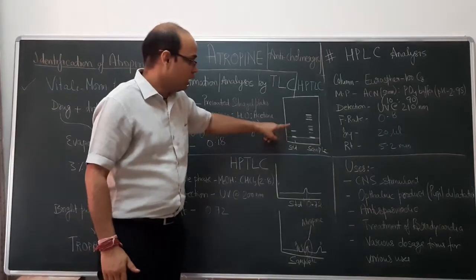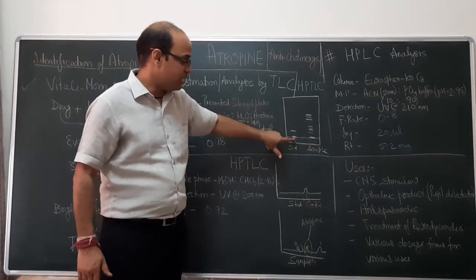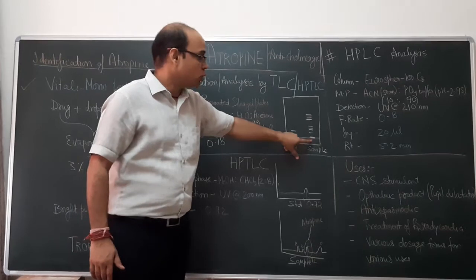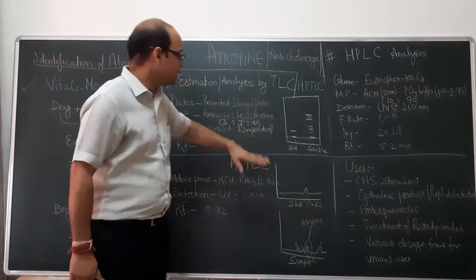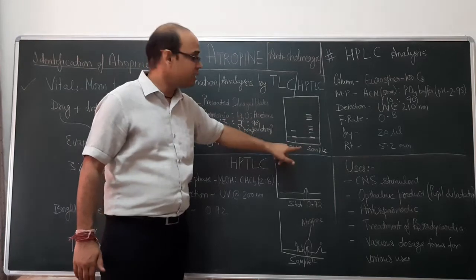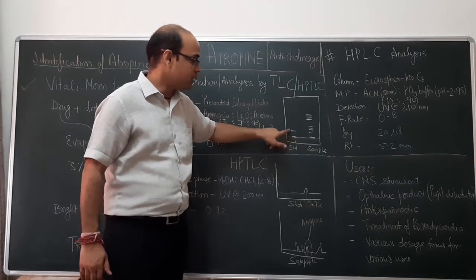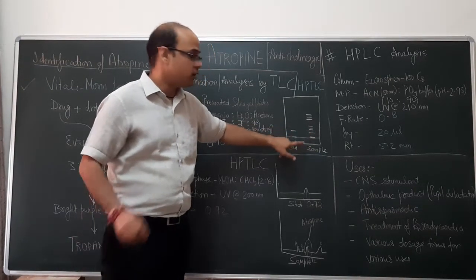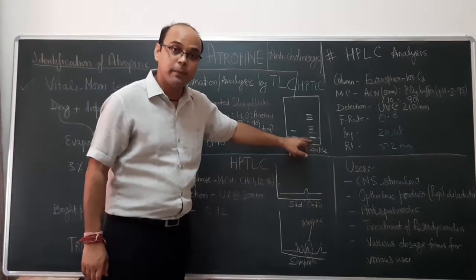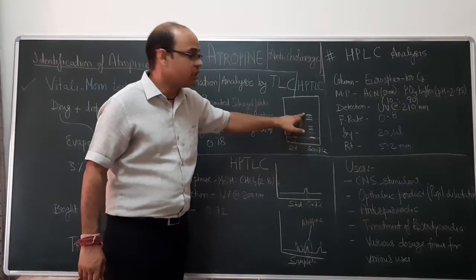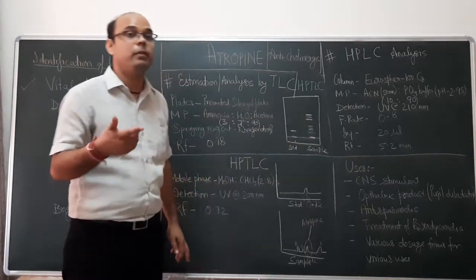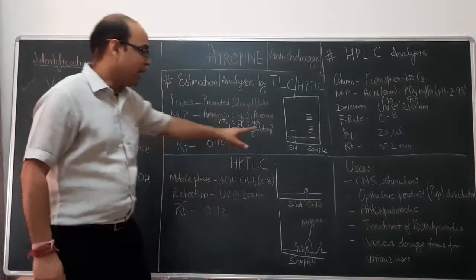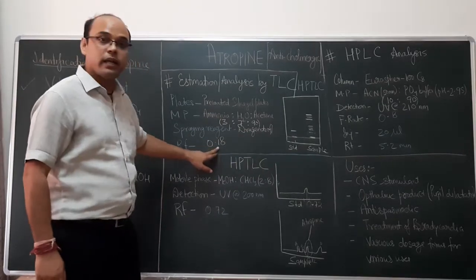As you can see from the TLC chromatogram here, we have applied the standard atropine here, and we have used a sample in which we have to detect the atropine. After running the TLC plate in this solvent, we have developed this chromatogram, and you can easily see the presence of atropine. This is the atropine in the standard, and this is the light band of atropine in the case of the sample, along with other bands. These bands can be due to some other phytoconstituents that may be present in the sample. So this is the basic technique, and you have observed the atropine at an Rf value of 0.18.